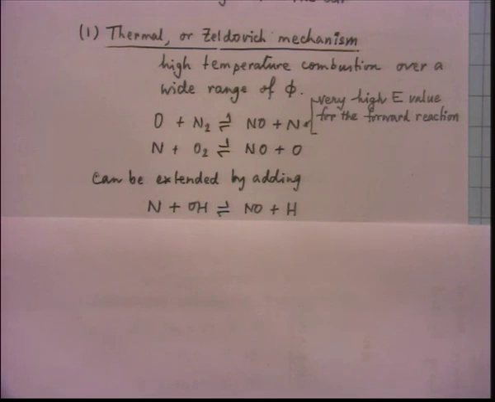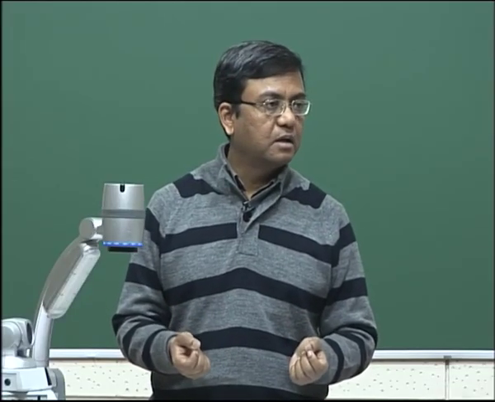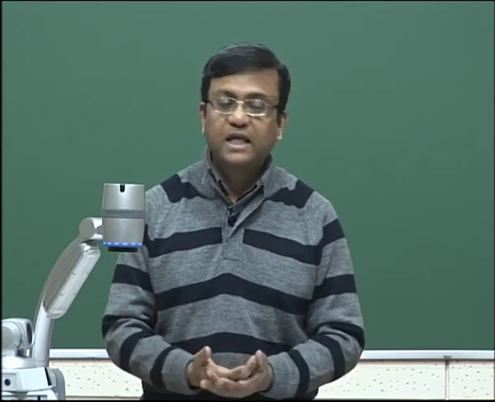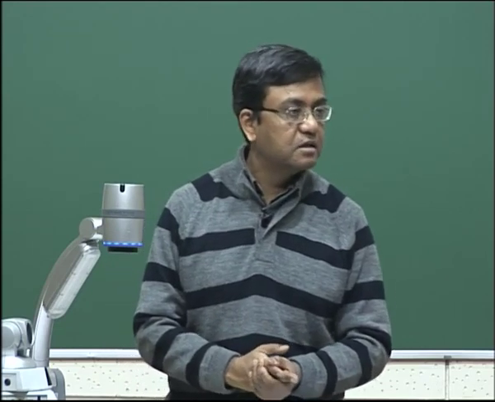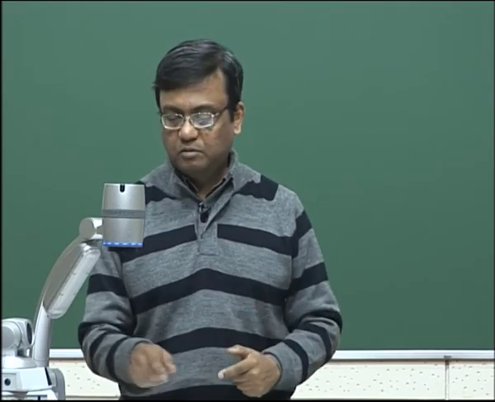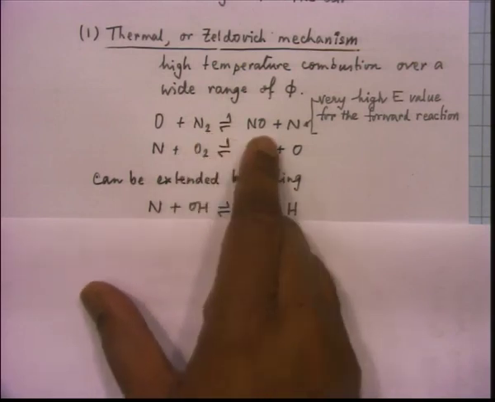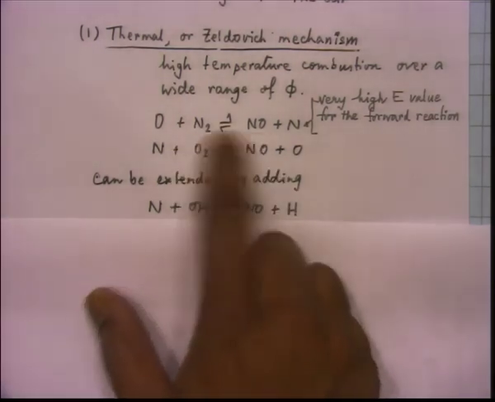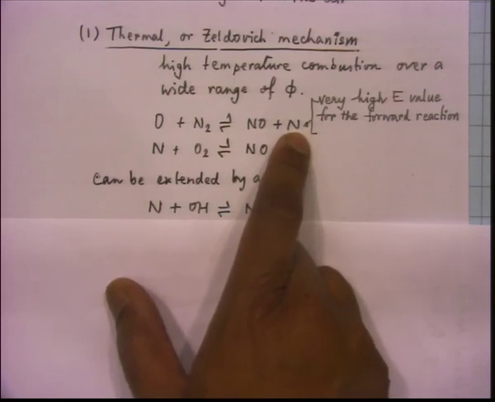Again, it is helpful if you think about it in terms of a larger system where there is combustion taking place, and then oxygen is dissociating and giving you O atoms, and then O is attacking N2. Quite often when we are burning something, for example, even in engines, we are concerned about whether NOx is getting produced or not. So, there is a hydrocarbon which is burning. That gives you those O atoms, and those O atoms can strike the nitrogen, and then we get NO plus N. And if you remember, we did discuss that the forward reaction of the first one is slow because of its high activation energy. I even wrote those numbers, isn't it?